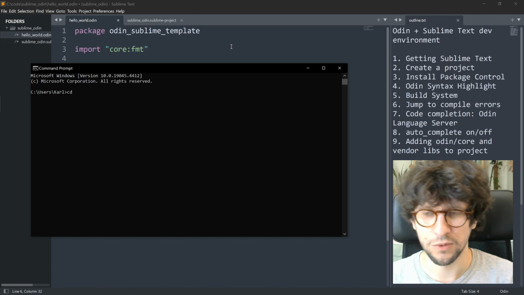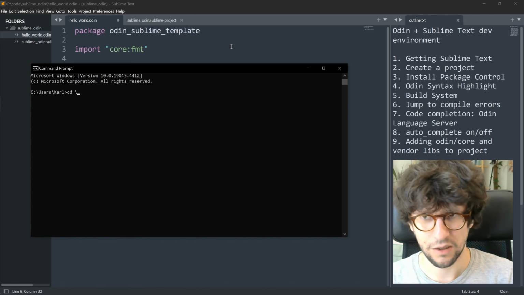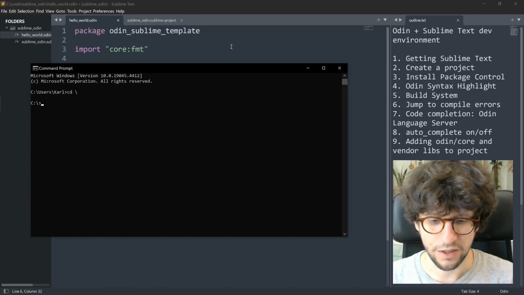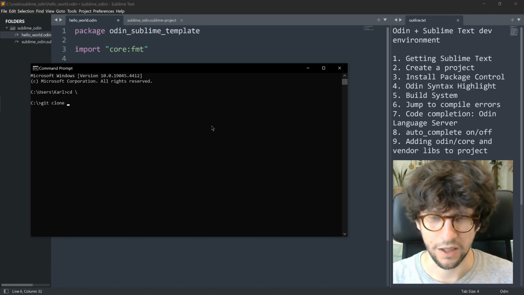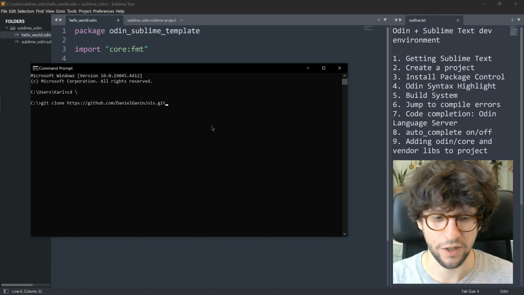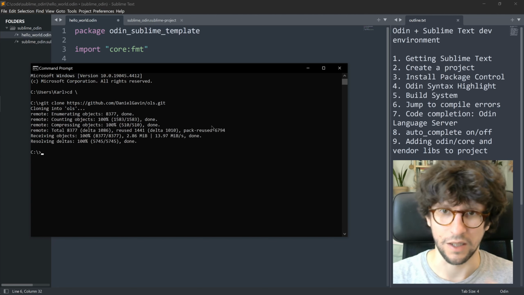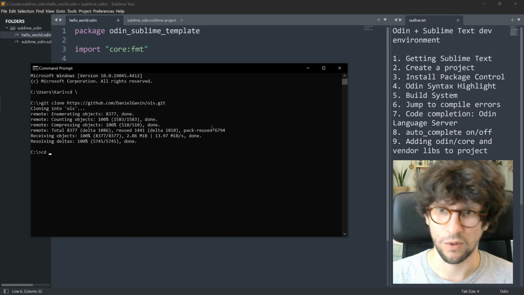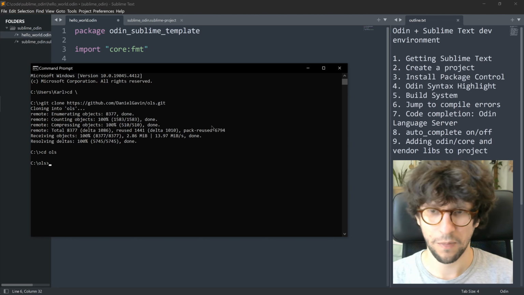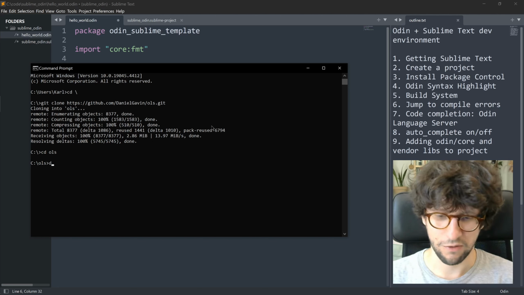And I will go to the root directory of C:, and here I write git space clone space, and then I right click to paste the URL. And then it clones OLS into a new directory. So I can go into the OLS directory, cd OLS, and in this directory, if I type dir, it shows